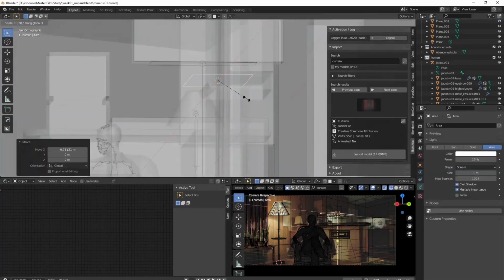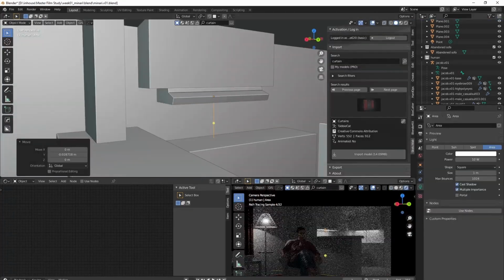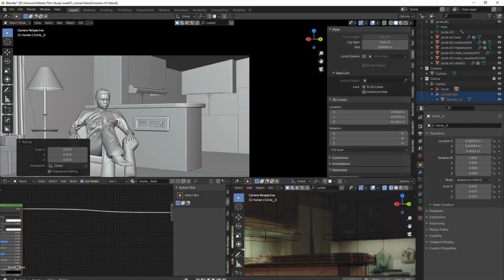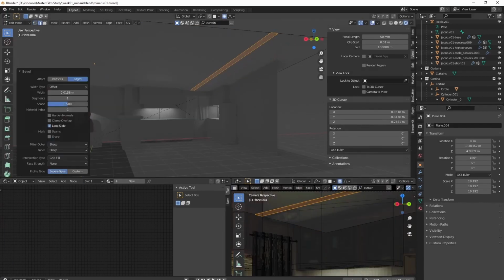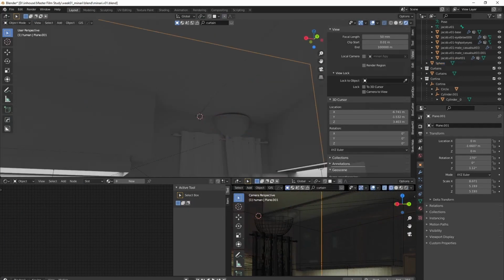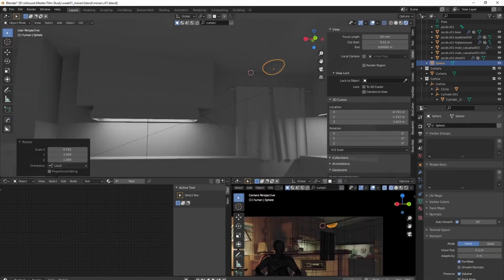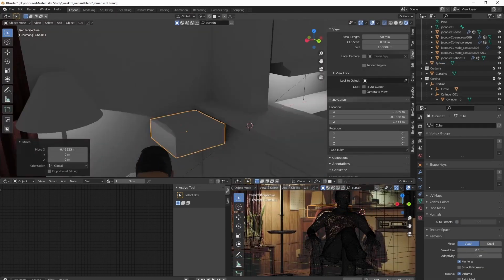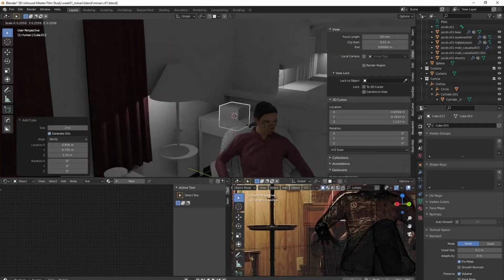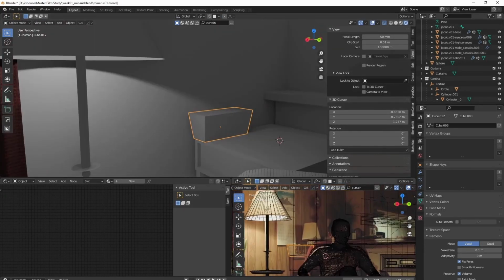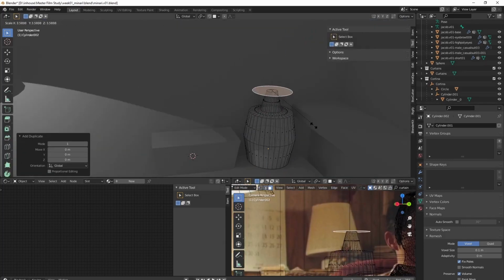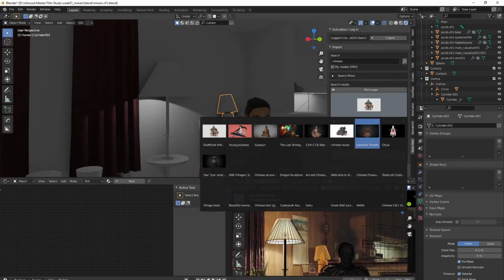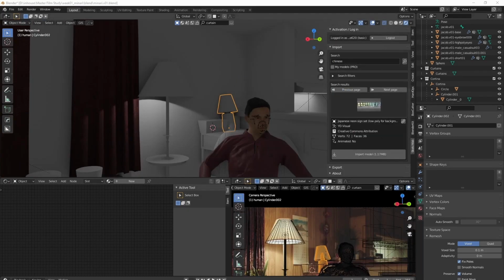As I'm modeling the furniture, I'm adding a little bit of light to the point where I can see it in the picture. So right now I have basically 3 lights going on. So here,